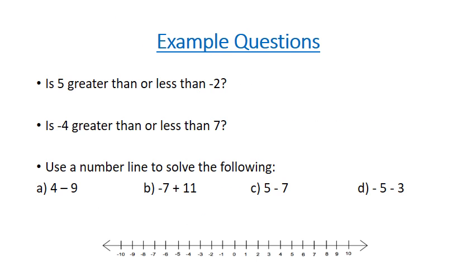Okay, we're going to have a look at some example questions now. First one, is 5 greater than or less than negative 2? Well, if we look on our number line, we've got 5 here, and we've got negative 2 here. We know that the numbers to the right-hand side are bigger, so therefore 5 is in fact greater than negative